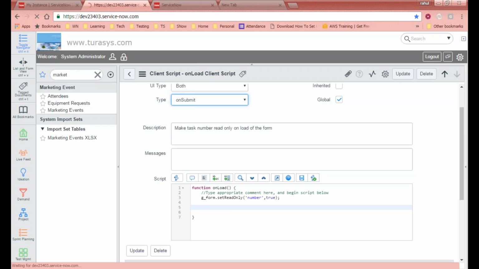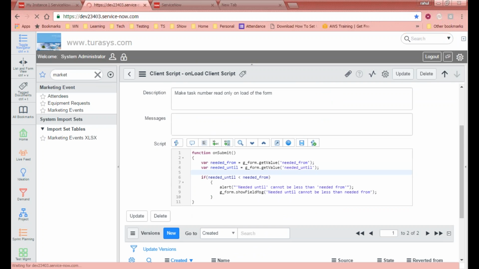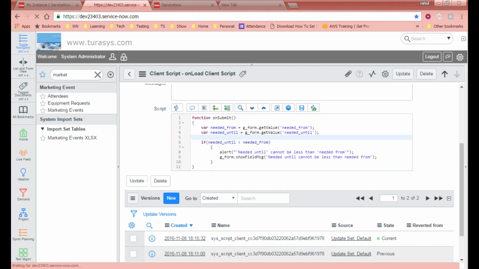So I can go ahead and change this to on submit and copy paste the same code here, right? And then